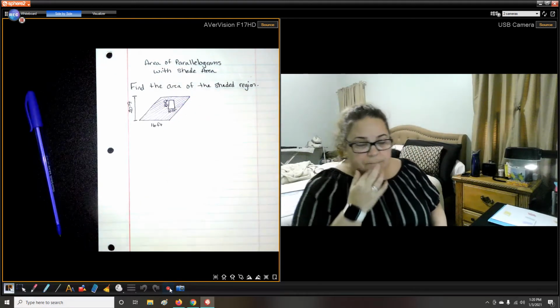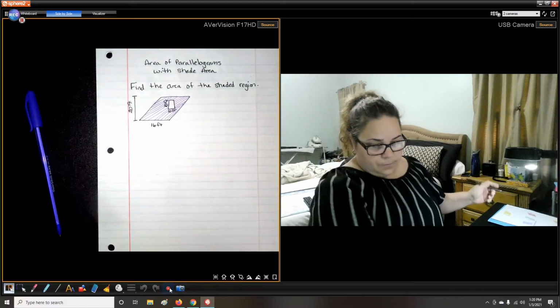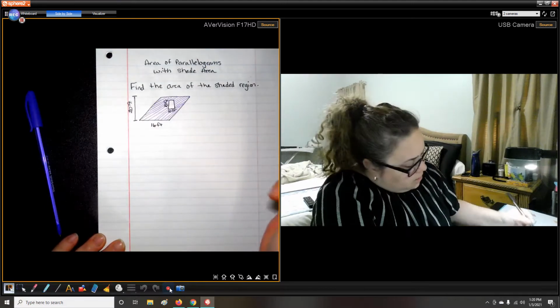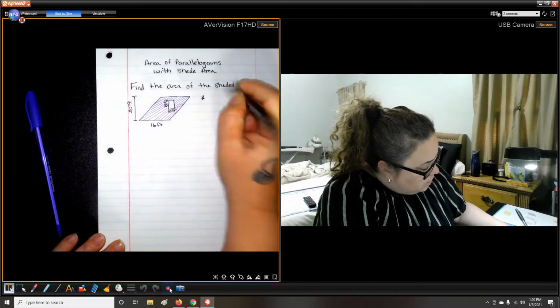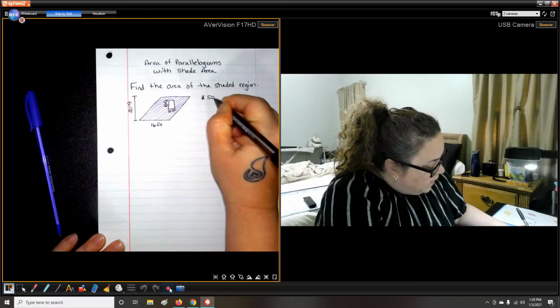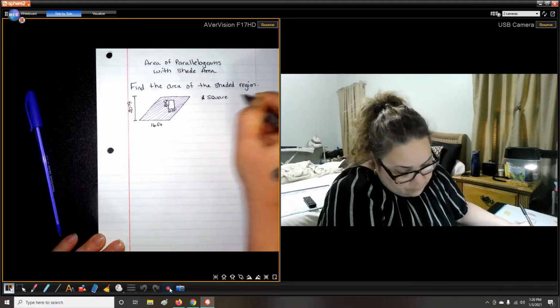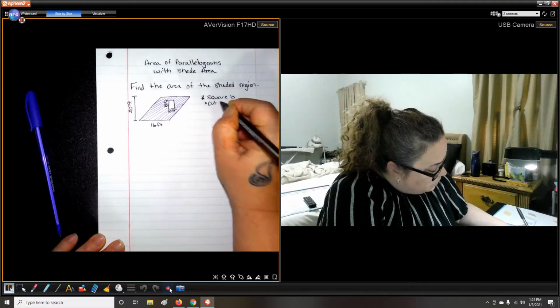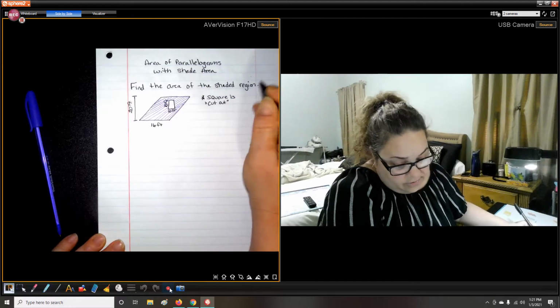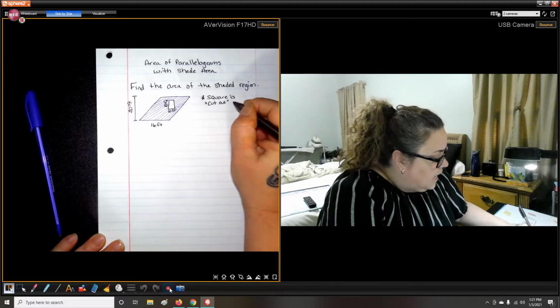Okay? So remember, the square is cut out. It's not there. So the key here is